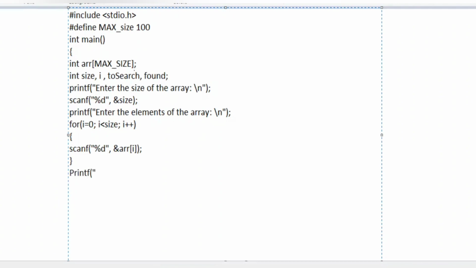Then the user gives the input of the number that he wants to search.